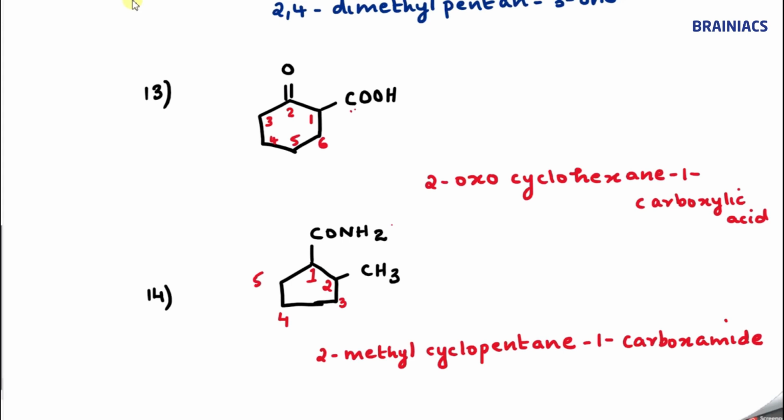Okay, so I hope you got fair idea in naming the polyfunctional groups, and if there are more examples I will give you that as assignment. Okay, so in the next class we will try to see some of the aromatic compounds and its naming. Then we will go to the concept of aromaticity, then hybridization, then we will go to inductive effect, different effects and everything, and last we will go to isomerism.